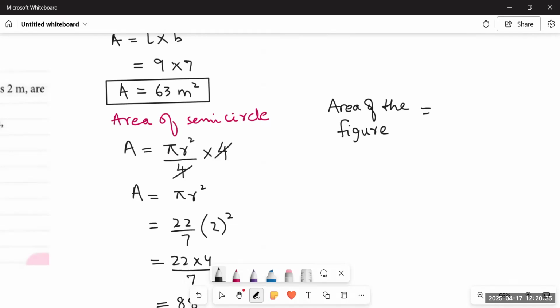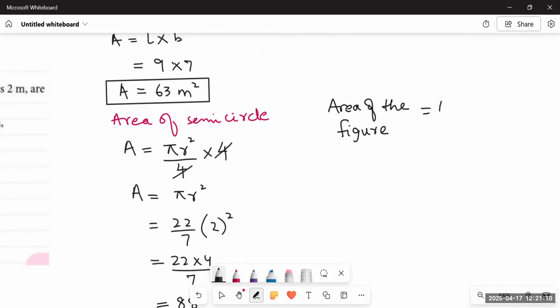Whenever you come up with these types of questions where a whole figure has been split into parts, and the area of some of the parts is mentioned and some of the area is required, then what you have to do is find out the area of the whole figure, and then find out the area of the unshaded regions, and then subtract the two to find out the area of the shaded regions. The same way, we have found the area of the whole rectangle, but it's not required since 4 semicircles are removed from the rectangle. So we have found the area of the 4 semicircles, and then we will subtract them.